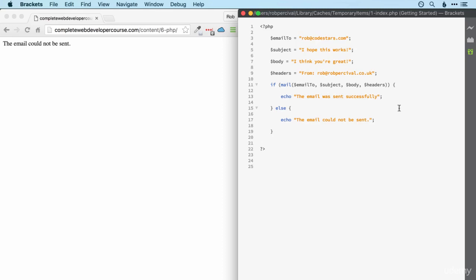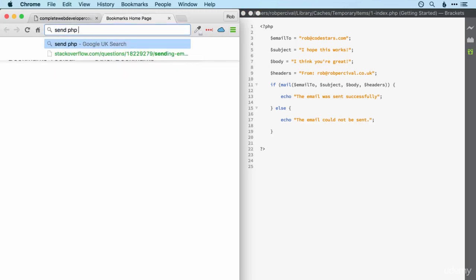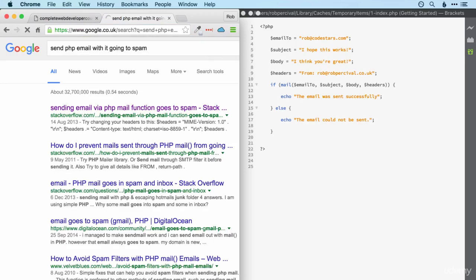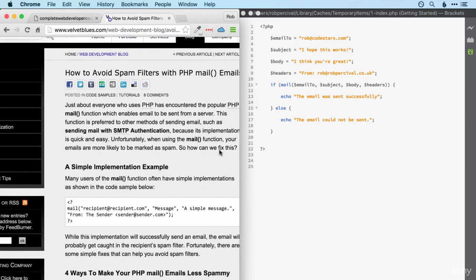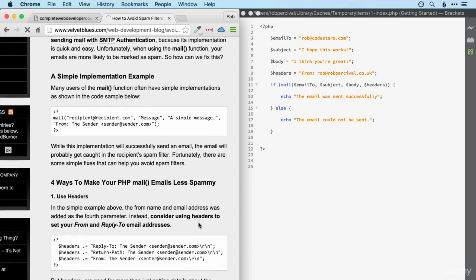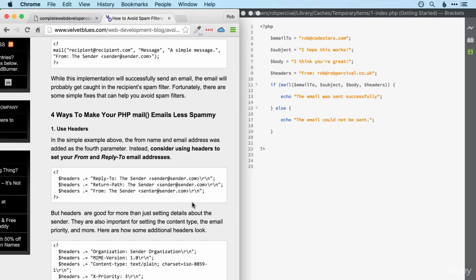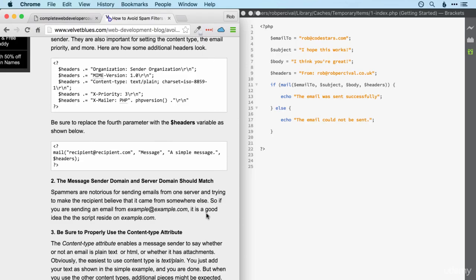So if you really want to get into this, you might want to start with something like "send PHP email without it going to spam," and you'll see a huge amount of advice here. So if we have a quick look at this one, avoiding spam filters. So that's your basic mail. So one way of doing it is to put more detail in the headers. We've got MIME types and all sorts of more information there. Another thing is to